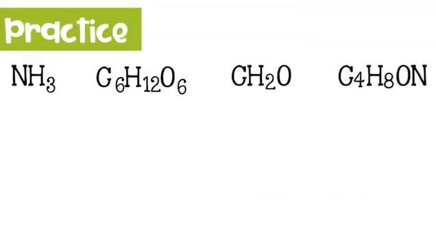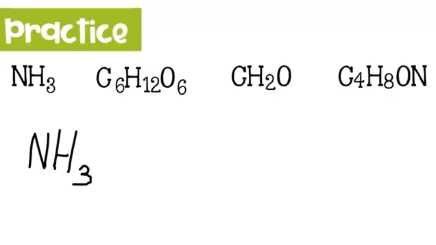Let's try this. Here are 4 different molecular formulas. I'd like you to find the empirical formula for each. Well, the ratio of nitrogen to hydrogen in NH3 is 1-to-3. That cannot be simplified, so the empirical formula will just be NH3. If you look at sugar,